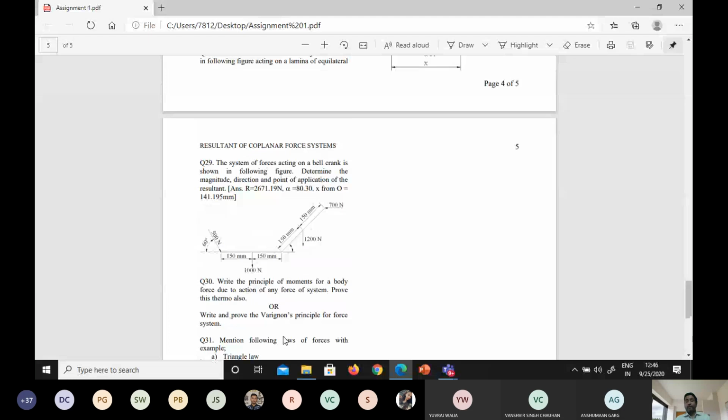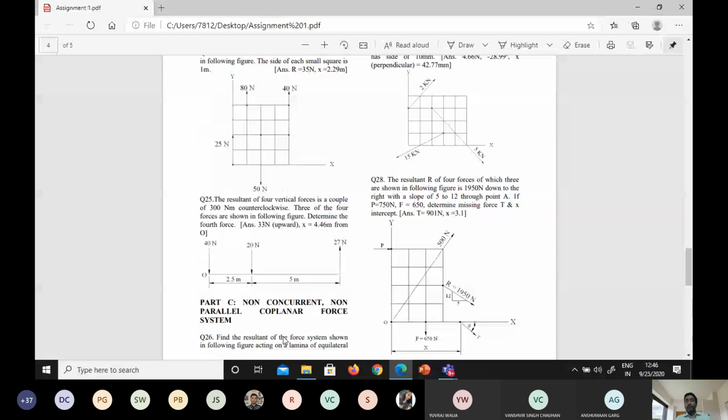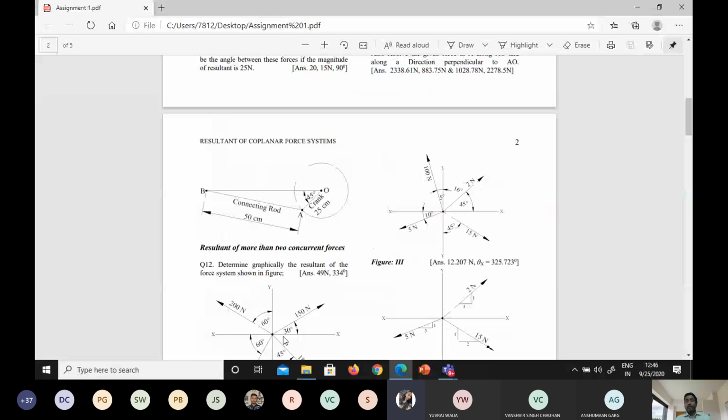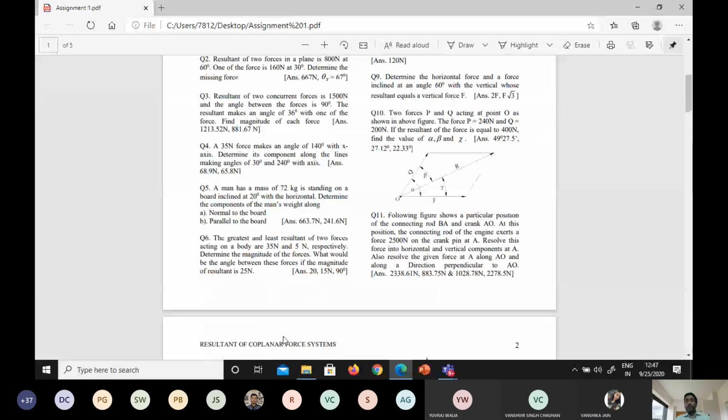these 3 laws. And apart from that, you try to solve the numericals for the questions. Sir, the questions we are not able to solve, should we leave them? You can leave them and we can discuss them in the lab. Okay, sir. Fine. Whatever questions you're not able to solve, we will discuss.